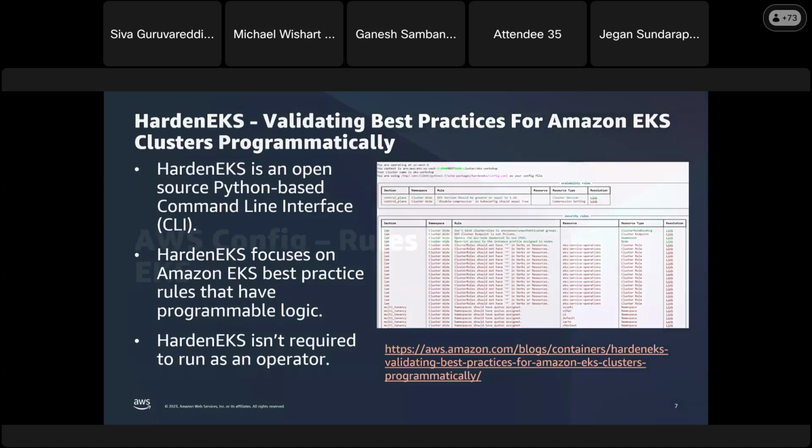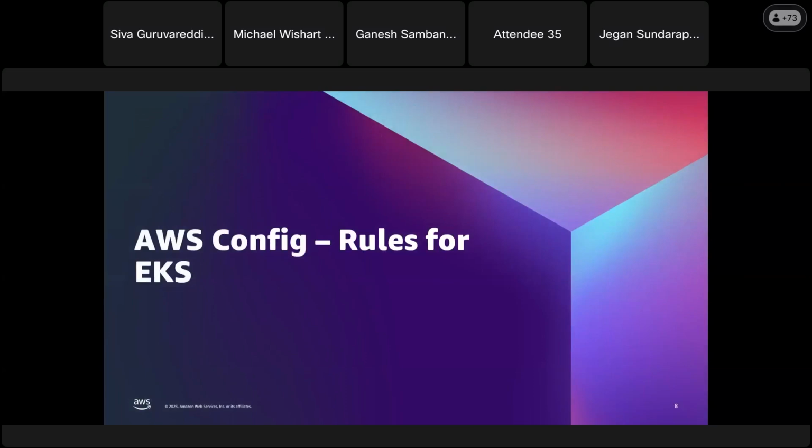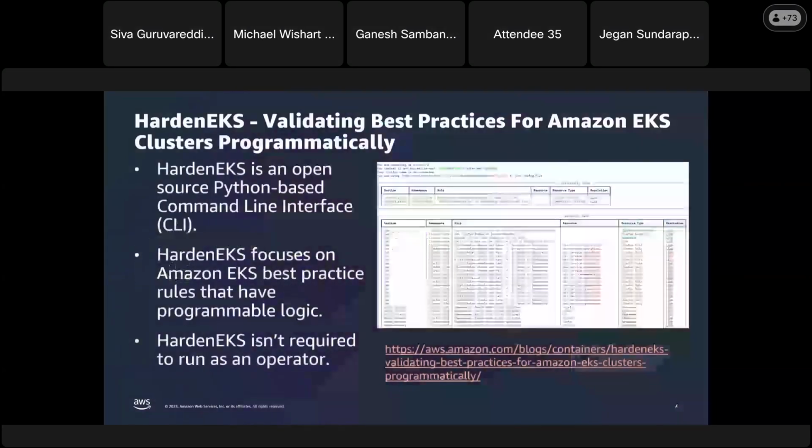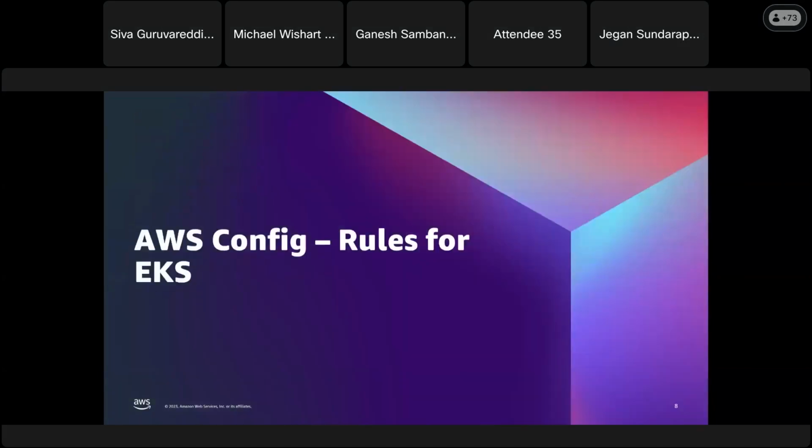Moving on. Harden EKS is a great tool, and the best practices are done per EKS cluster. But as you are looking at ways to govern your environment across your org or across multiple accounts, we have various services to help you implement these rules.